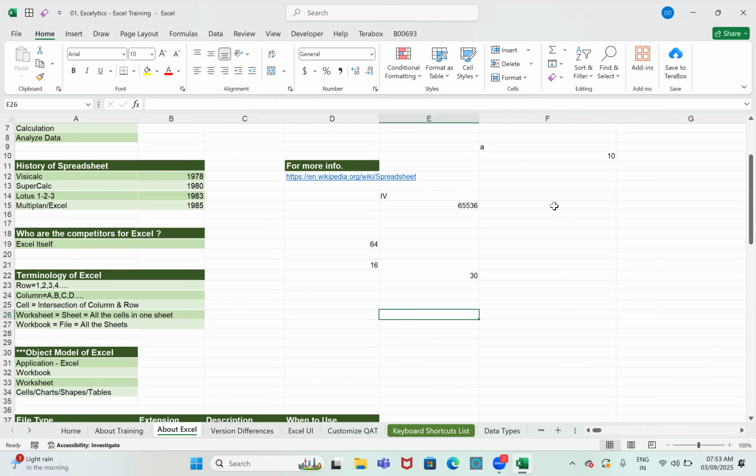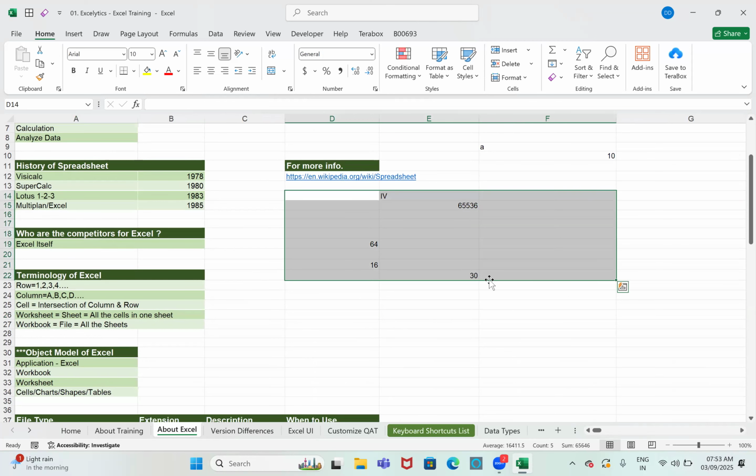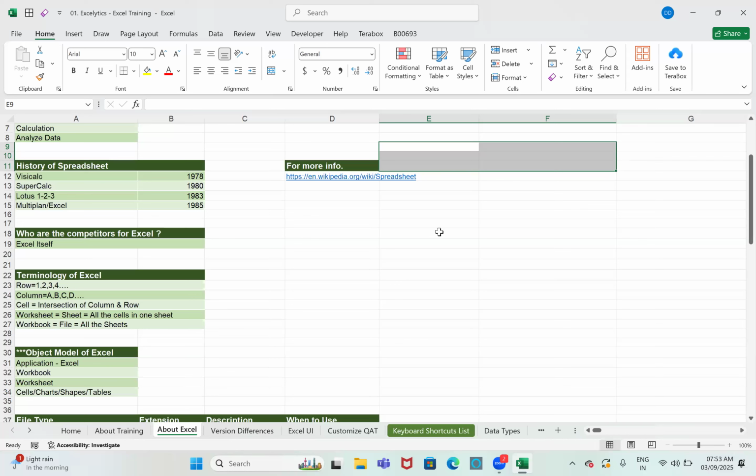What is the cell? Intersection point of row and column. What is the cell address for this cell? We are in E column and the row is 18. So E18 is the cell address. Intersection point of column and row. That cell address you can see here.